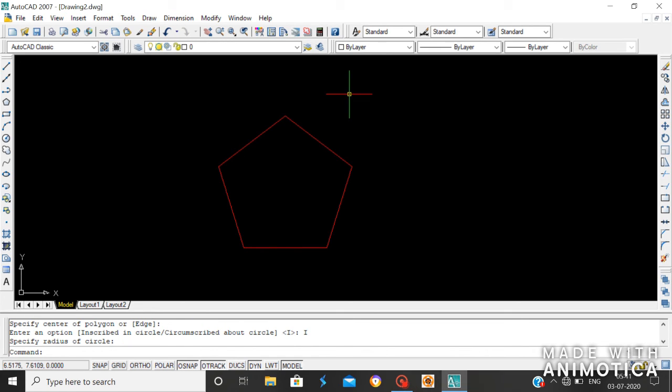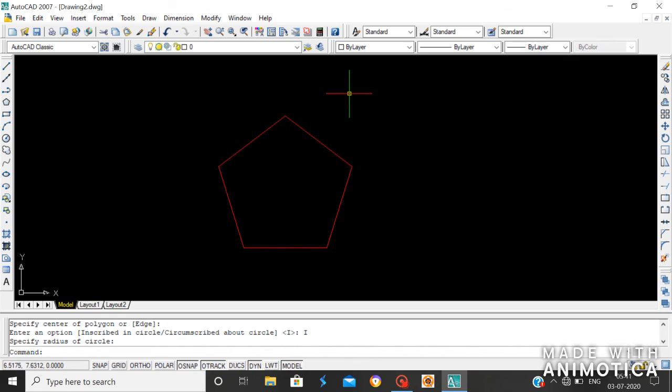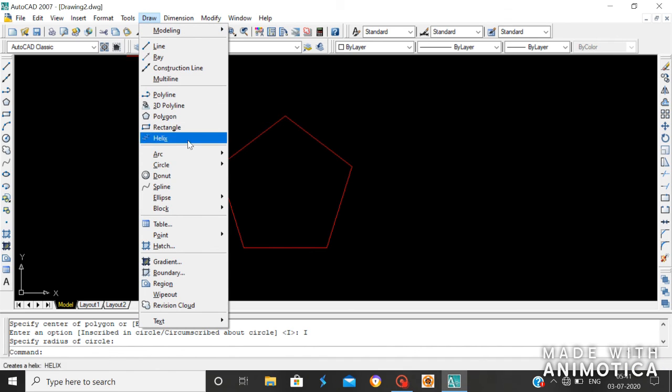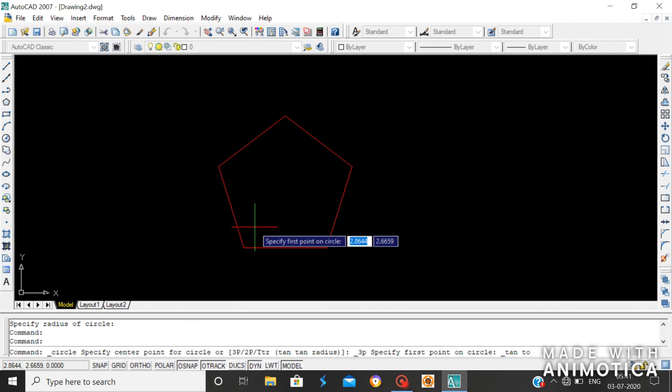Let's say you have to draw a circle that tangentially touches three objects. Then you have to draw the circle in the tan-tan-tan method. There is no shortcut for choosing the tan-tan-tan method. Just go to the draw toolbar, go to the circle command and here choose the tan-tan-tan method.